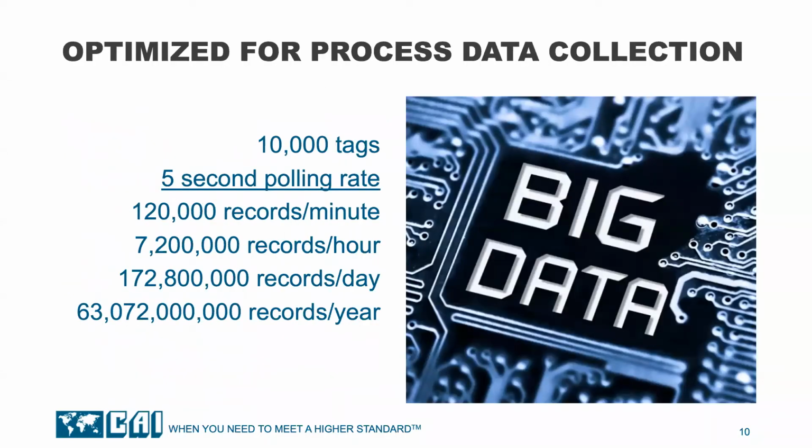Just to give us an idea of why data compression is implemented on most data historians, I've calculated the number of records collected from a medium-sized facility that is storing data for 10,000 tags. I worked at a medium facility one time where we historized roughly 14,000 tags. I believe our polling rates were 1, 5, and 15 seconds. 10,000 tags polled every 5 seconds would create 63,072 million records per year if some form of data compression were not used.